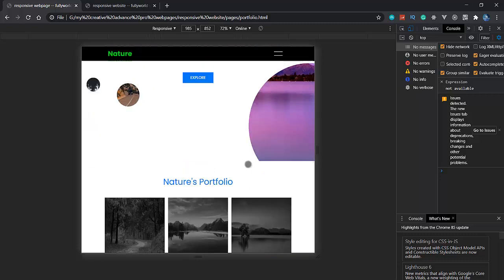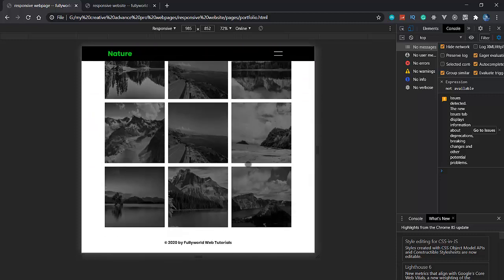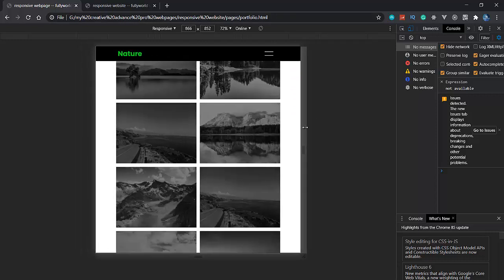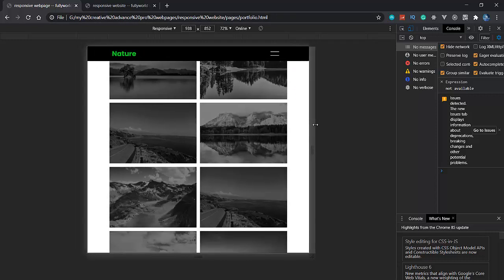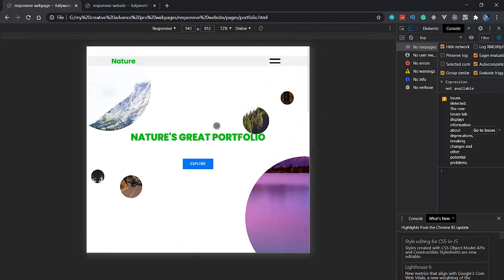See, this is our responsiveness now at 985 pixels. When I move here, at 943 pixels, this becomes double and the font size also decreases.